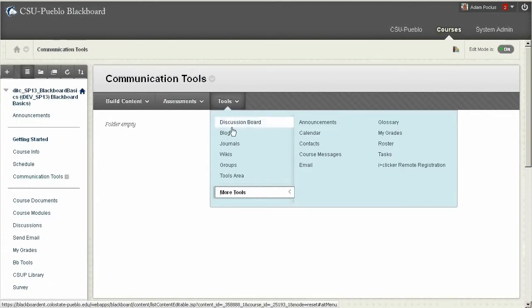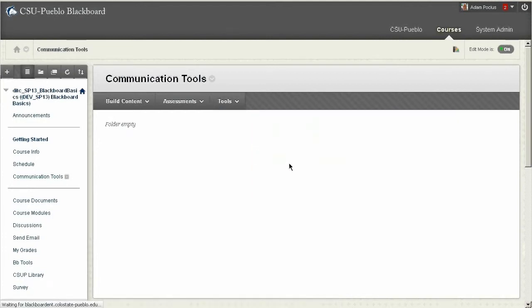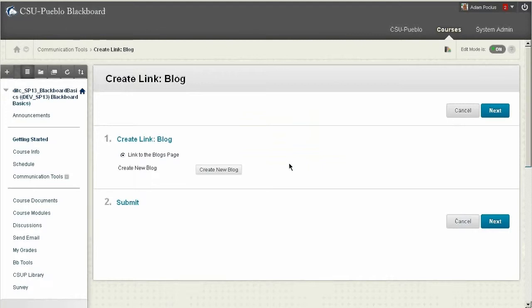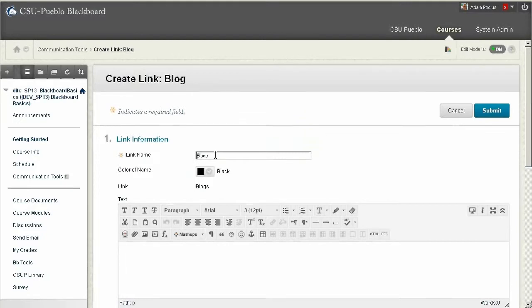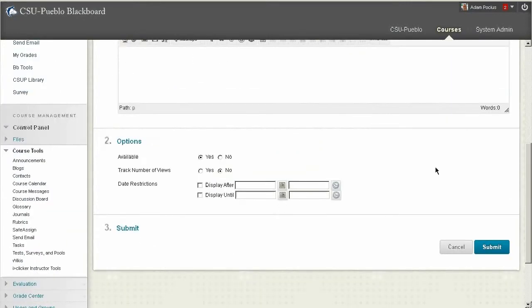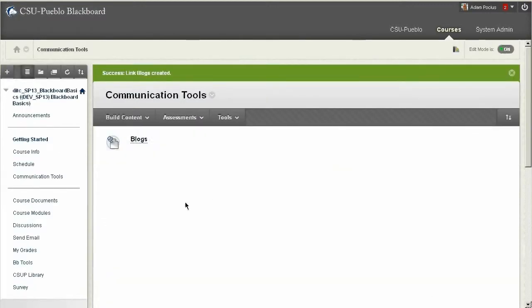For now though, I am going to just bring in a few tools into this menu and set them up as I go. So the very first one we're going to talk about is blogs. If I go into my blogs menu, it's going to ask if I want to link to the blogs page or create a new blog. At this point, I'm just going to link it to the blogs page. That'll work for me. So I'll hit next, and you can call it whatever you like at this point. This is just a link out to the blogs area. So I'm going to just scroll down and hit submit,